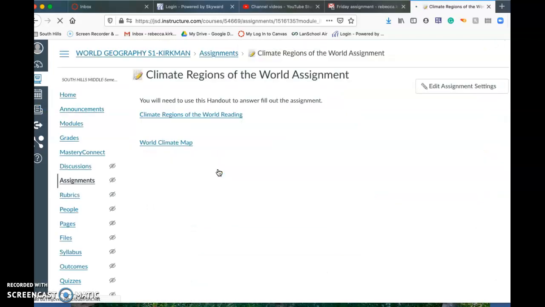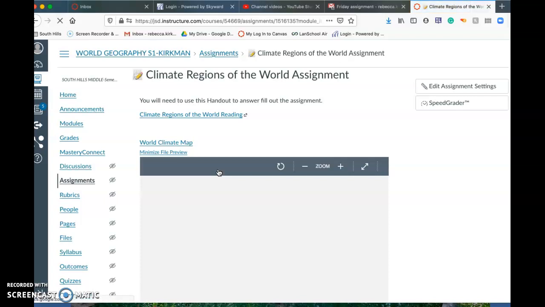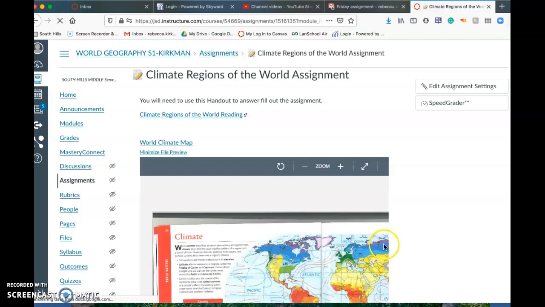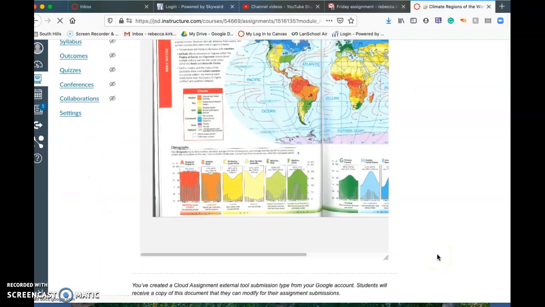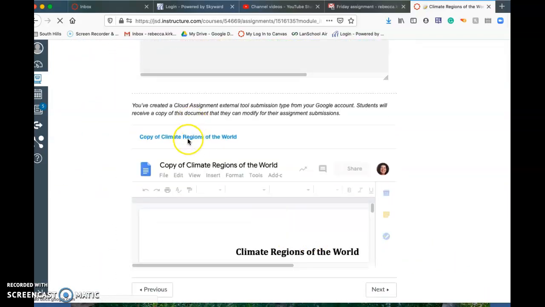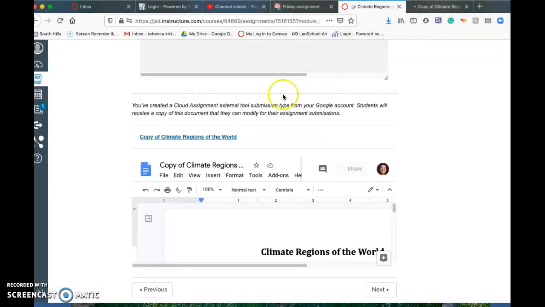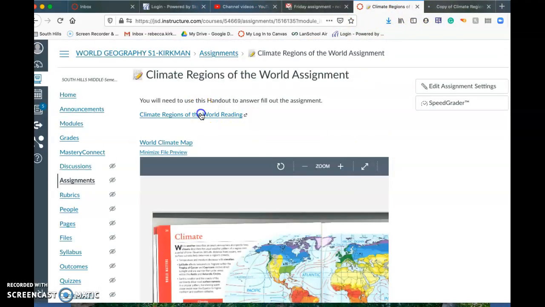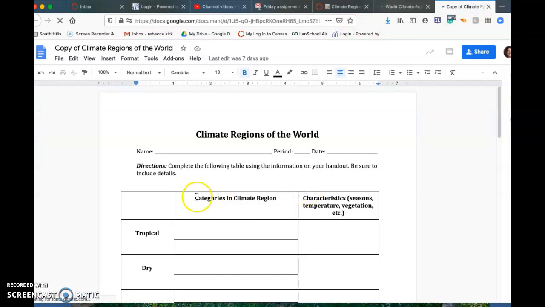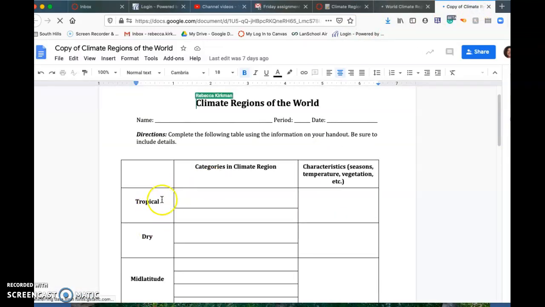Okay, climate regions of the world. This assignment, when you click on that, you're going to have the assignment down here. You're going to have two files to help you out. The first one is the climate regions of the world. You're going to be using a reading to help you read about the different climates around the world. And then you also want to click on the reading. Okay, so here it talks about what the different categories are in each of the climate regions and then